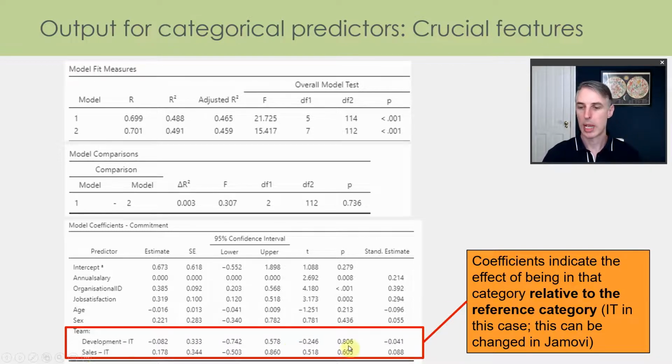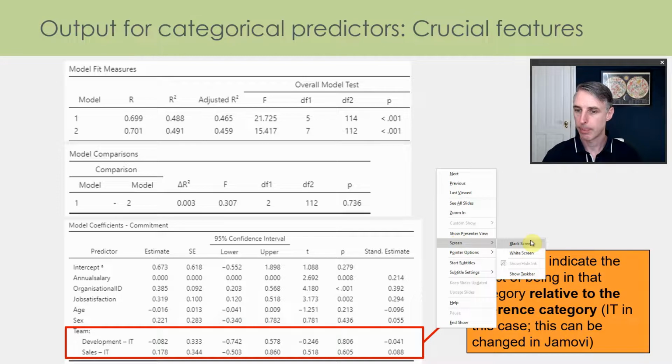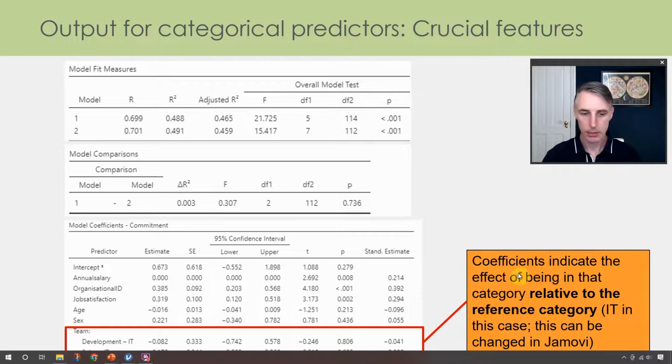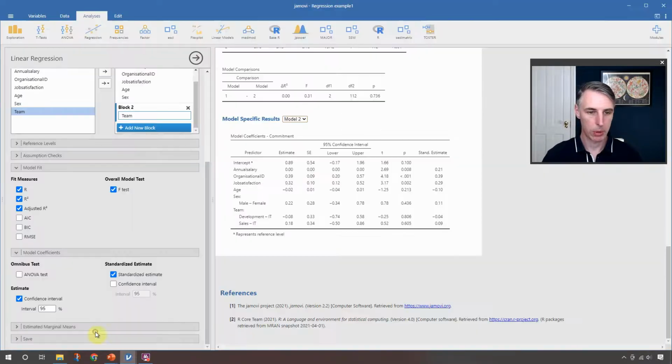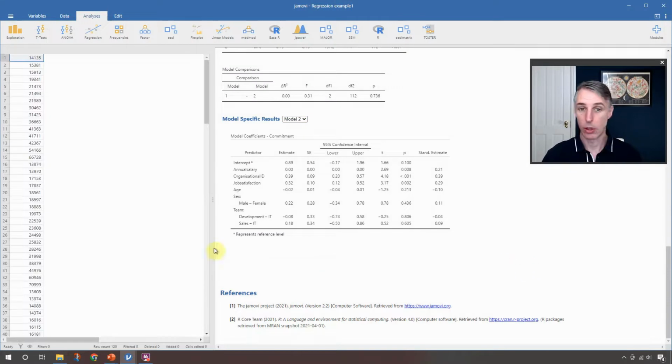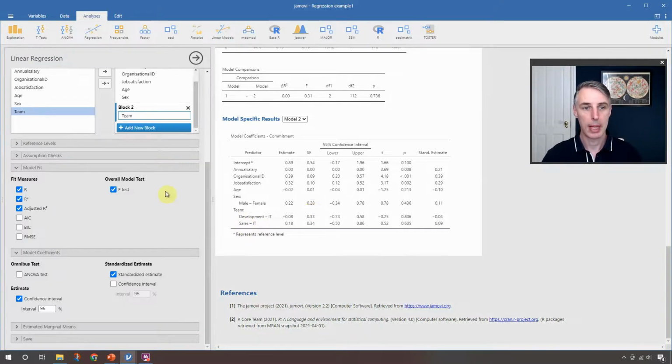Now, the reference category can actually be changed very easily in Jamovi. So what I'm going to do is just pop back to that output. Let's say, for example, that we were interested in not just the effect of being in the development team rather than IT, or the sales team rather than IT. Let's say we're also interested in, well, what's the effect of being in the development team rather than the sales team? So if I go back to the analysis